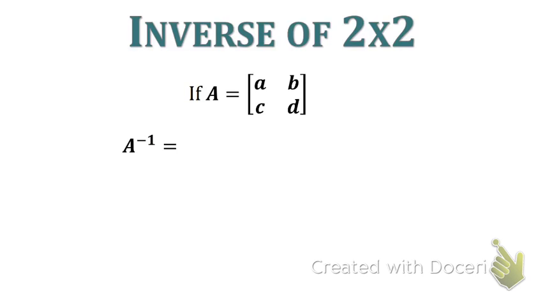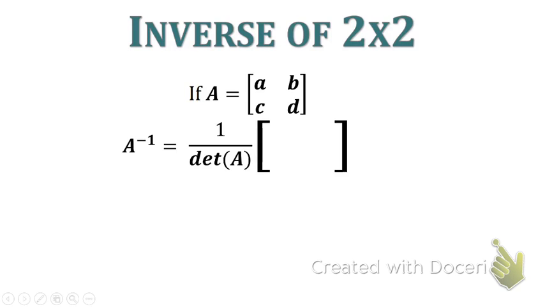Because we are going to find the inverse, the first step is to say 1 over the determinant of A. A to the power of a negative 1 indicates A inverse. So that is stating that this is the inverse of matrix A. So it's 1 over whatever the determinant of A is times, okay, now we have to manipulate the matrix a